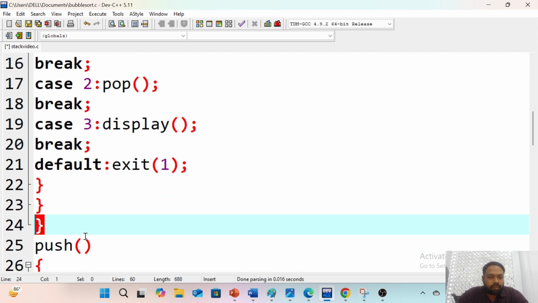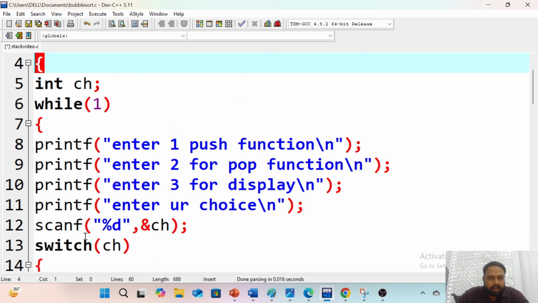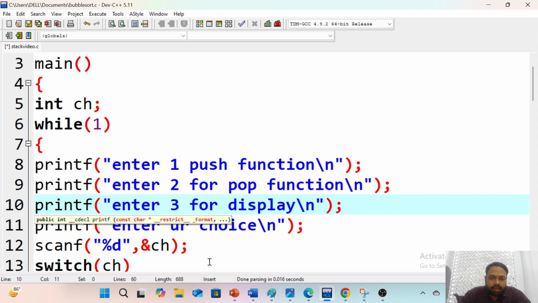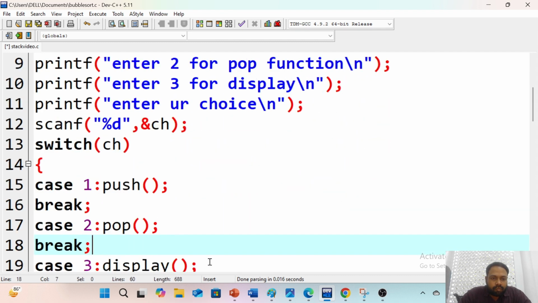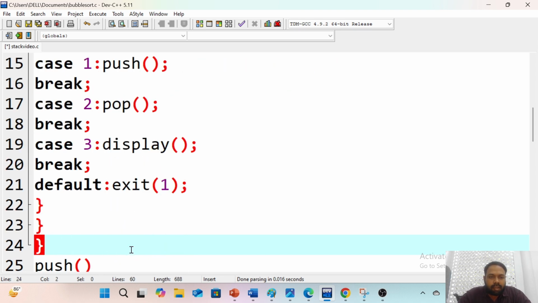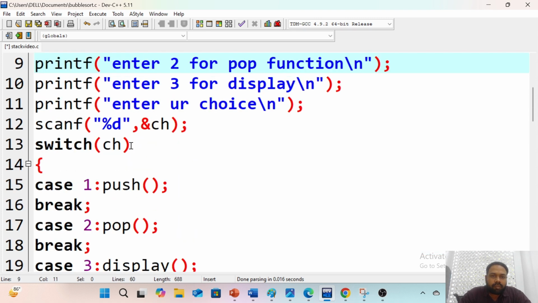Okay, so now let me check what I have done here. While of 1: I have written it so that until I want to exit, the same message will be printed. Based upon the choice, if it is the first option, the push function will be called. If I select the second option, the pop function will be called. If I select the third option, the display function will be called. Other than 1, 2, 3,